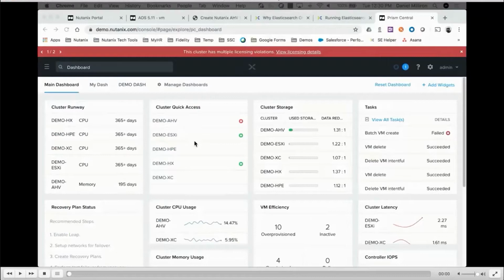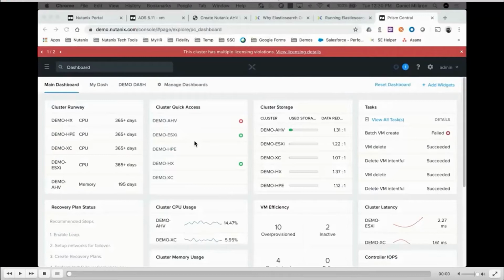This also is deployed in a single one-click process directly from the Prism Element dashboard. You can download and deploy a Prism Central. You give it 3 IP addresses. You tell it whether it's a small instance or a large instance. And within about 4 or 5 clicks, you have deployed a Prism Central